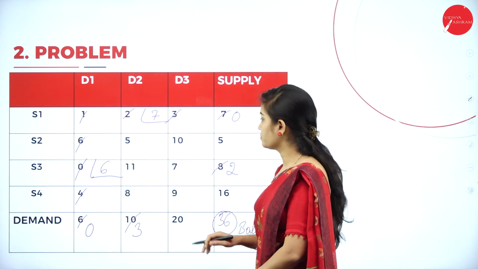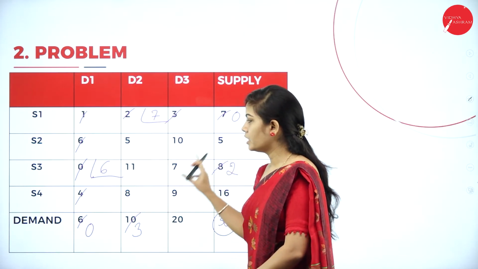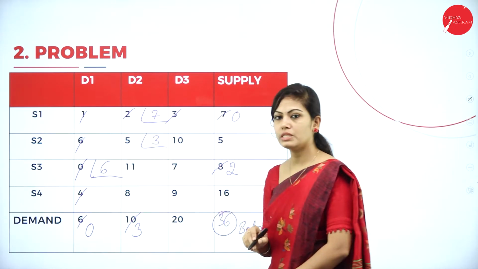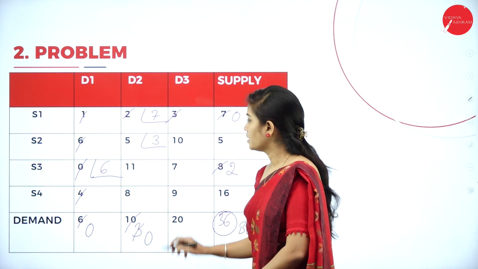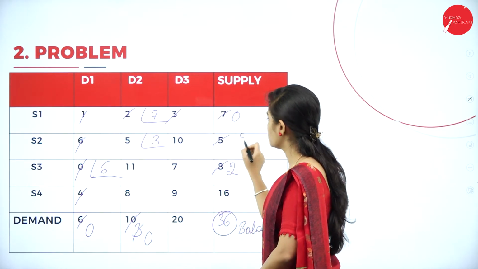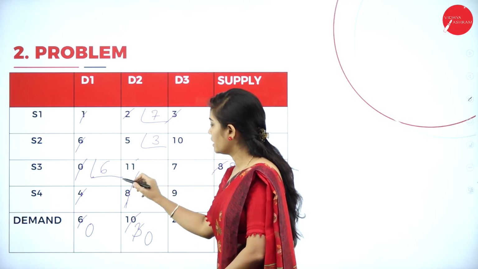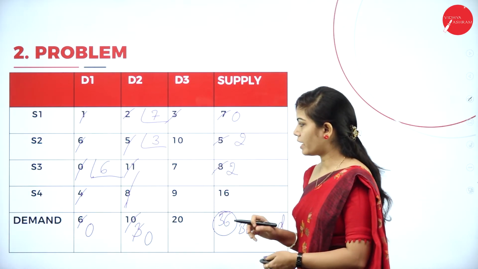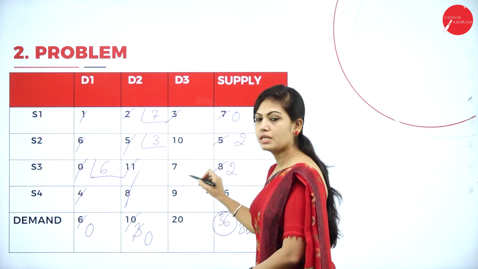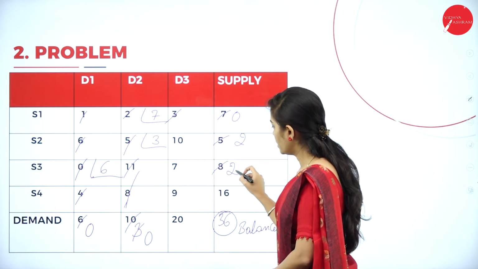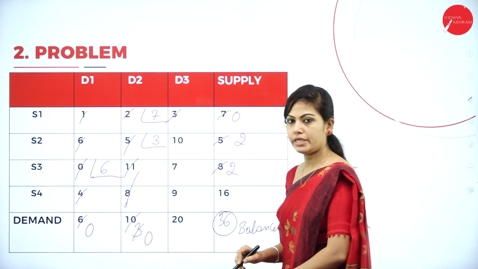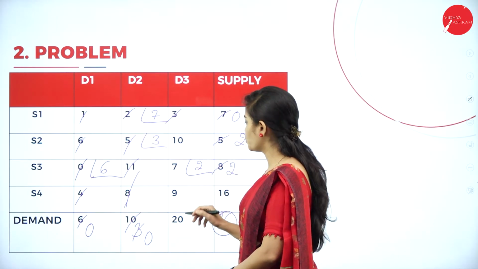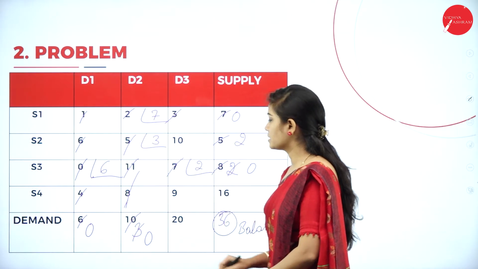5 is my least value. So out of this supply and demand, which is the least value again? Least value is 3. I will allocate 3 rupees to this cell. It will become 0. So 5 minus 3 is 2. So you can cancel this entire column because it is 0. And next select the least value. 10, 7 and 9. 7 is my least value. So in supply I have 2, in demand I have 20. So supply is lesser than demand. So supply value is 2. So I will allocate 2 rupees to this cell. It will become 0. I will cancel this 7.